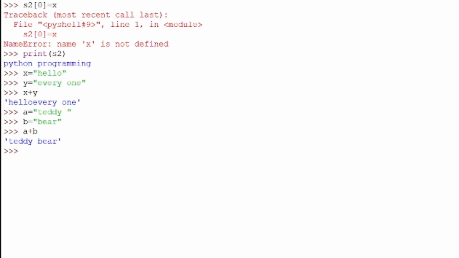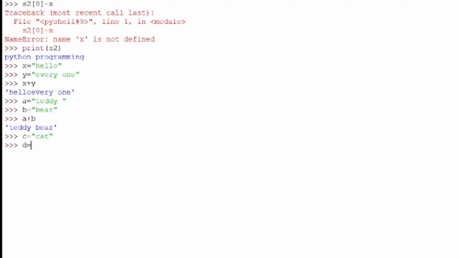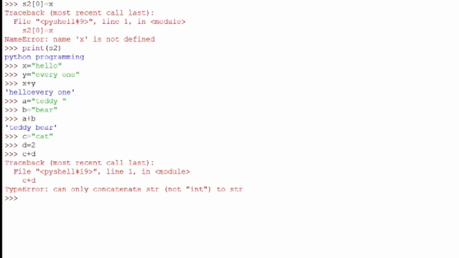Now let us try with one string and one integer. Take c is equal to cat, d is equal to 2, and if you print c plus d, it is giving you an error, because we should not concatenate a string and an integer. We should concatenate only two strings.